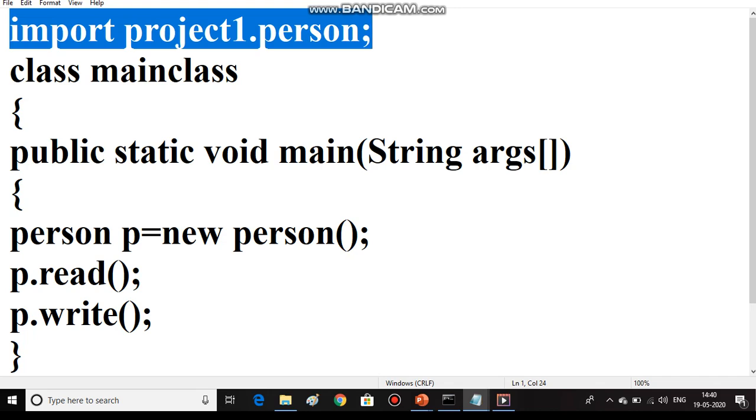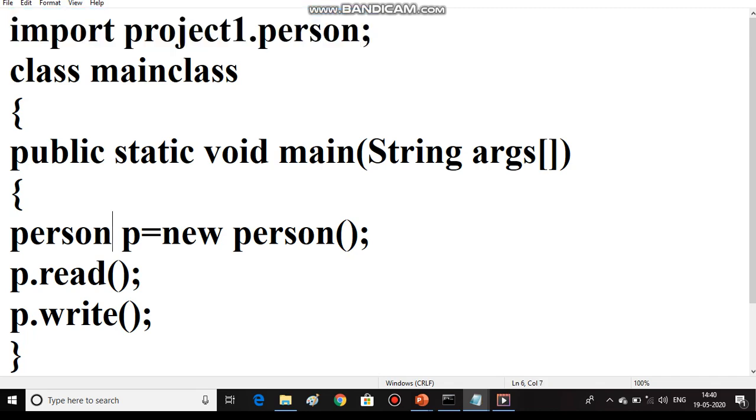The meaning of this statement is, in this class I want to use person class which is placed in project1. Here import is a keyword, and by using this import statement we can access the person class inside the main class. So now you can create the object and you can call the read and write functions.